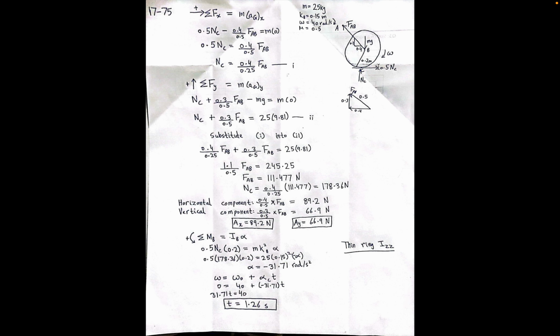And the friction force, as it is moving in a horizontal direction and has a perpendicular distance from B, we only take that, which is the radius of the wheel, 0.2, and we use kB, the radius of gyration, in the inertia. We put in the values and we get angular acceleration of minus 31.71 radian per second square, because as we know the angular velocity is in the clockwise direction, so the angular acceleration is also in the clockwise direction,